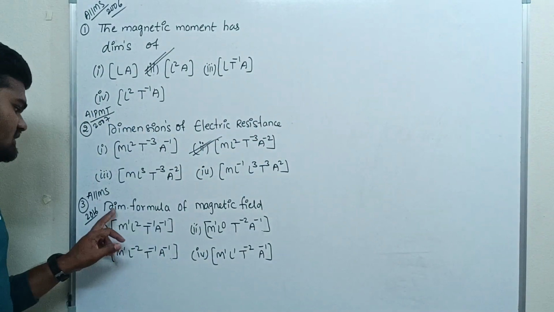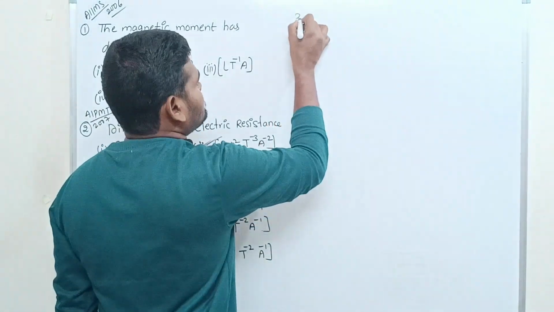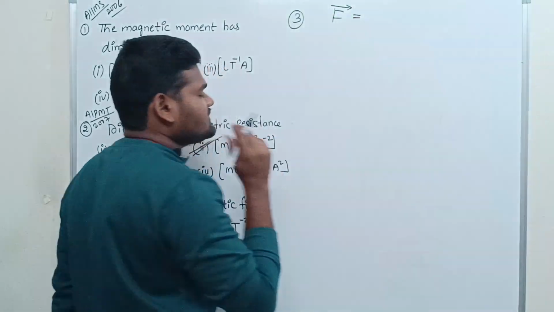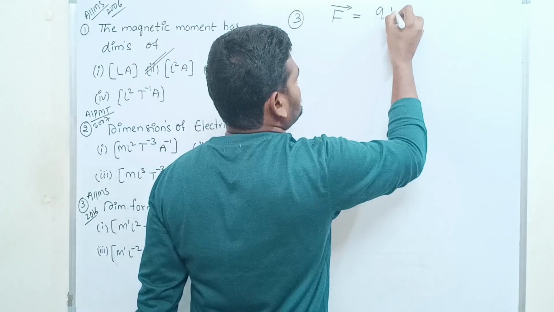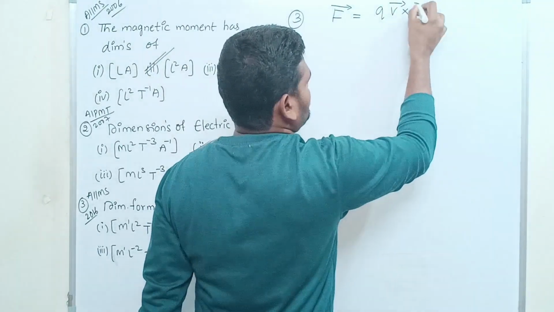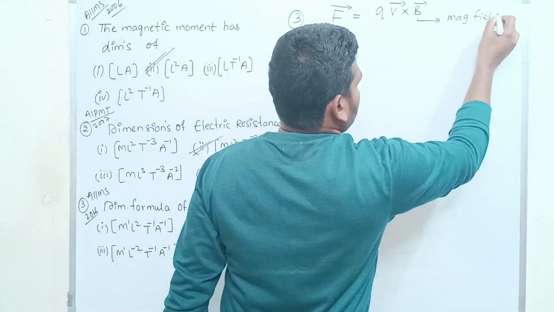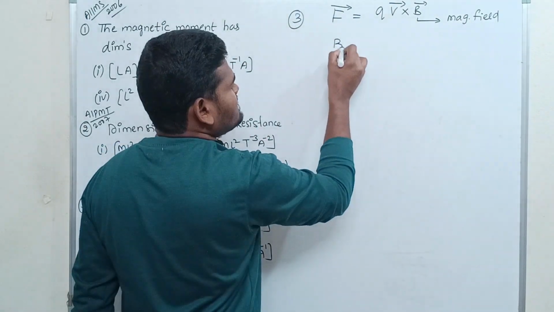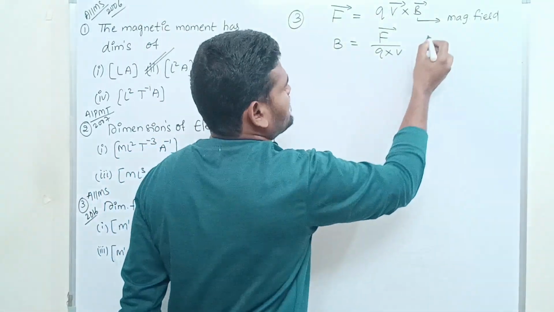Alright. So the last question, dimensional formula of magnetic field. So third one. So we have the formula, force on a charge when it is kept in a magnetic field is given by F is equals to Q into V bar cross B bar. So B is nothing but what? Magnetic field. So from this, B is equals to, we can write F by Q into V,